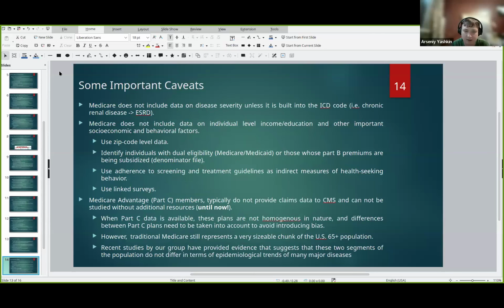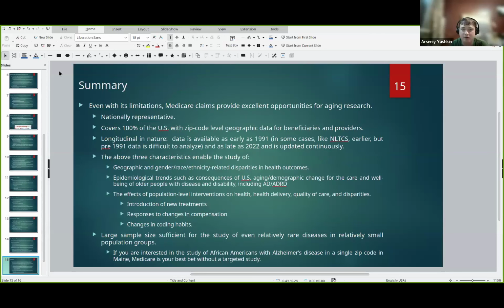So now we go through these. So even with all these limitations I quickly went over, it's still an excellent source for aging research, especially for a data set which existed for as long as the NLTCS, because quantity is quality in longitudinal data analysis. The more uninterrupted years of data on the same people you have, the better off you are, and the less biases you encounter, or you can observe and document and model in your data.